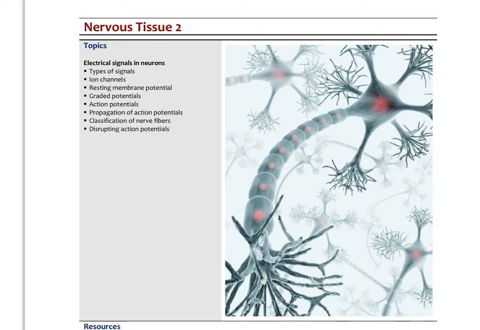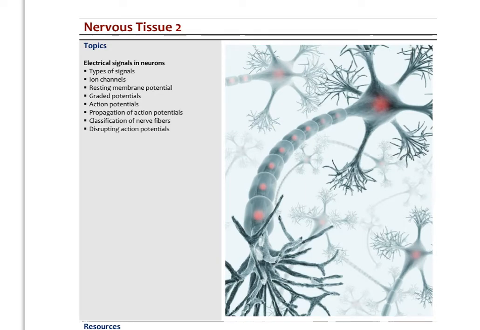In this lecture, we're going to look at the electrical activity of neurons. Not all of this is completely clinically relevant, so I want to try to focus on those parts that are. So we're going to look at the different types of signals in neurons, action and graded potentials. Understand a little bit about the ion channels responsible for generating these signals, talk about what's called the resting membrane